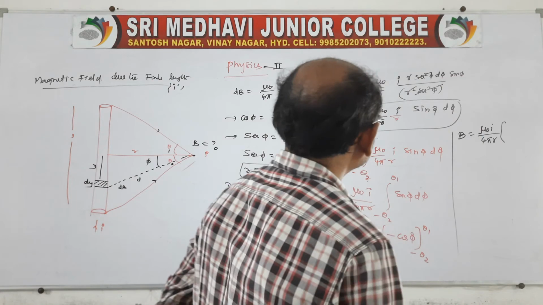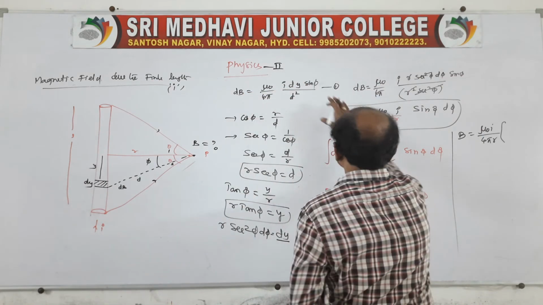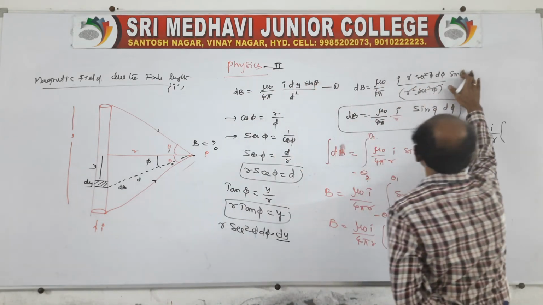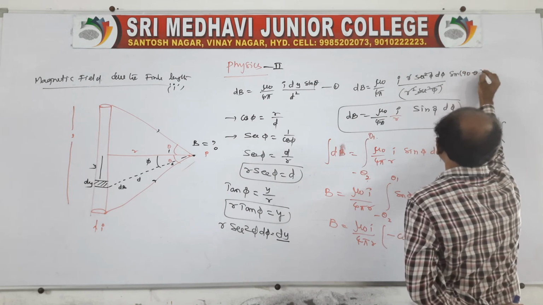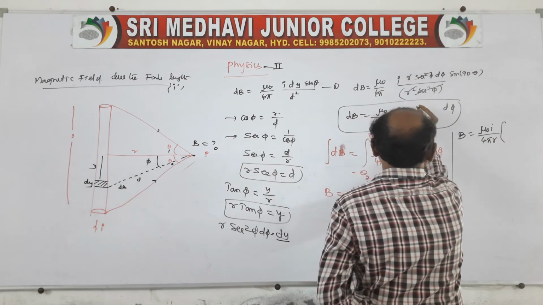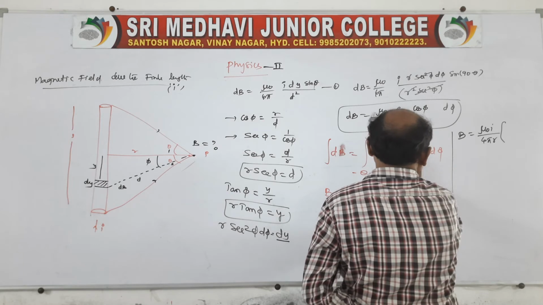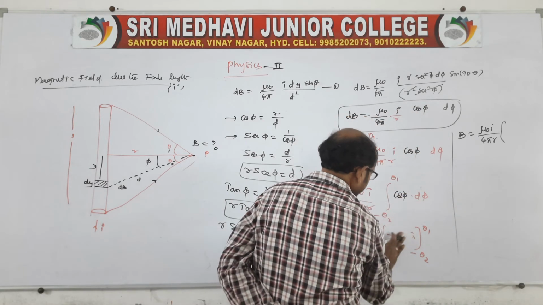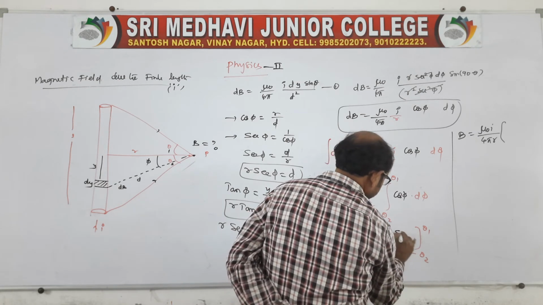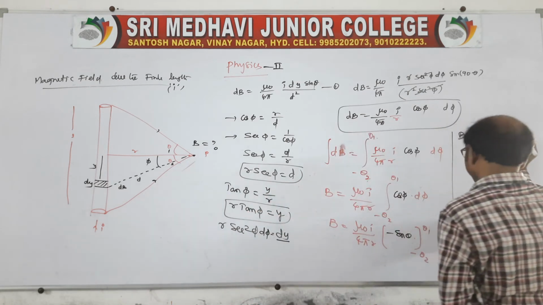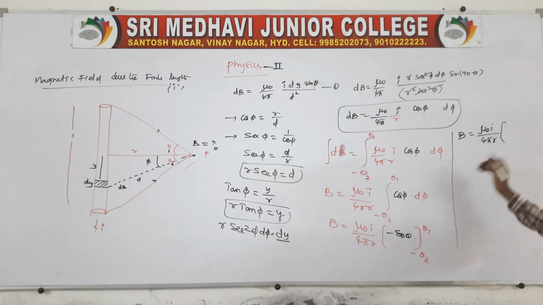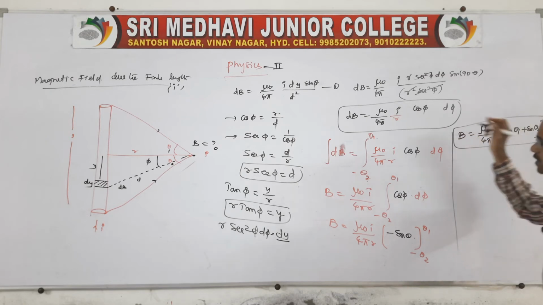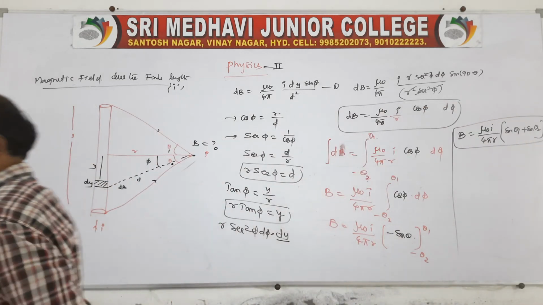Of course, here instead of sin phi, you take sin of 90 minus theta, better, so this becomes cos phi. So little change here: this will be cos phi, then it becomes sin theta. So finally, if I substitute these values, then sin theta 1 plus sin theta 2. This is the final expression for the magnetic field due to a finite length of a current carrying conductor.